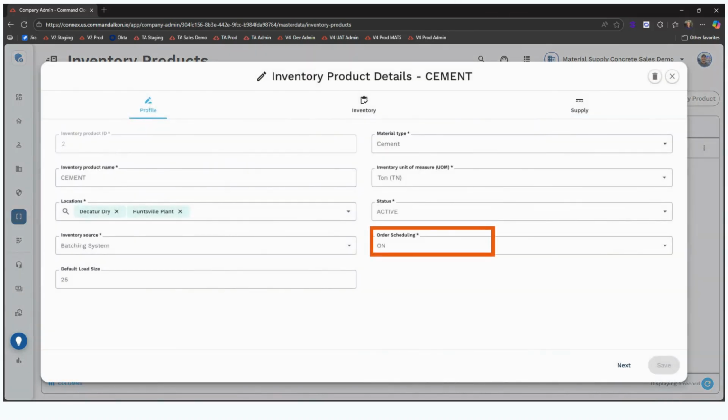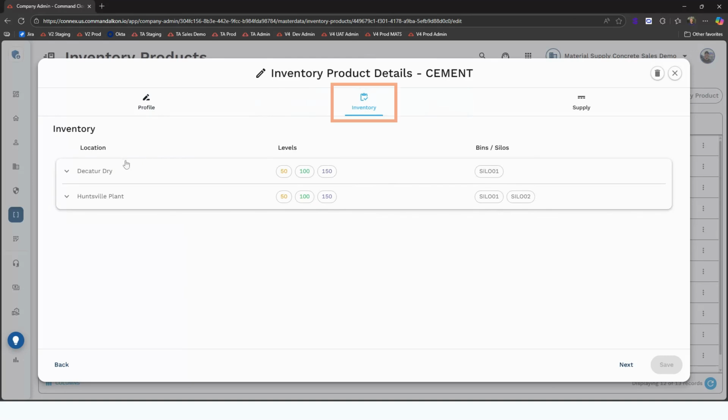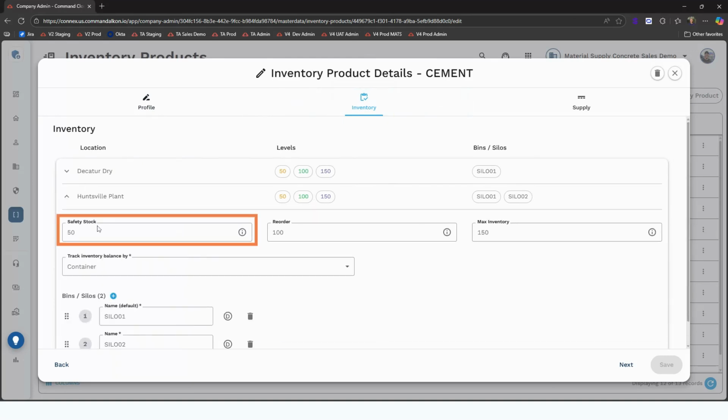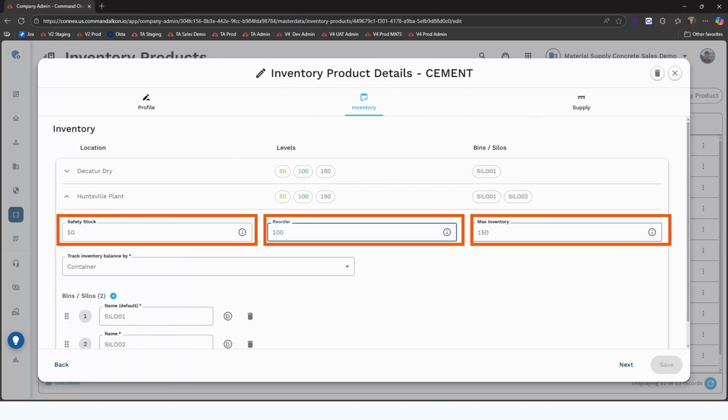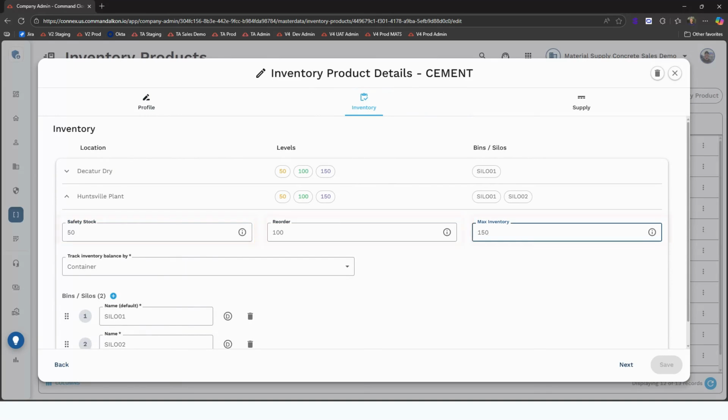Turn on order scheduling and set your default load size. Within the Inventory Settings tab, configure your safety stock, reorder point, and max inventory amounts based on your operational needs, then click Save. This ensures the system knows when to recommend new loads to keep your inventory right where it